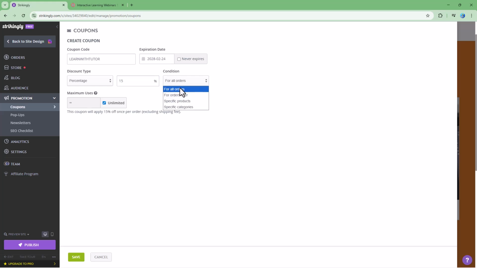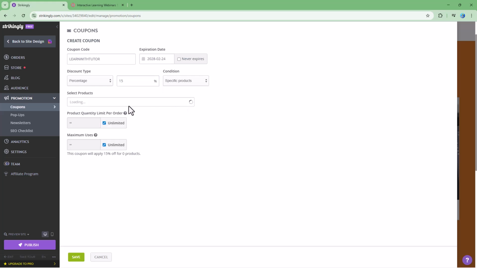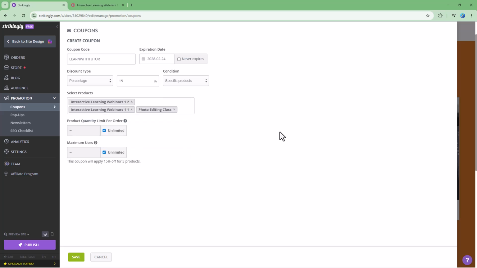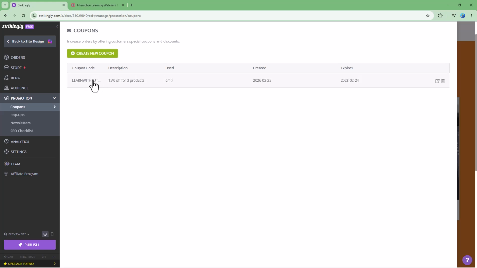So the condition is for all orders, or it can be for specific products, as you can see right here. You can go ahead and choose right here for photo editing class and so forth, and choose the number of product quantity right here as well. So it's not really, let's say, unlimited. So you can go ahead and do that and click on save, and then what happens is that you